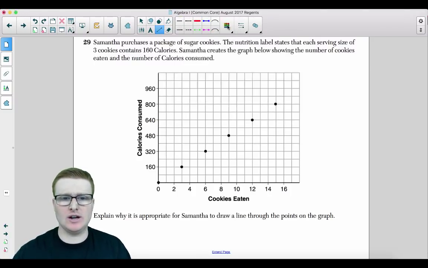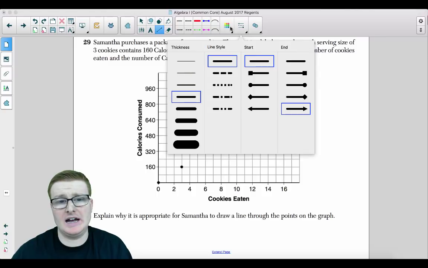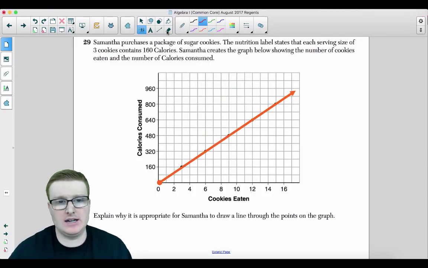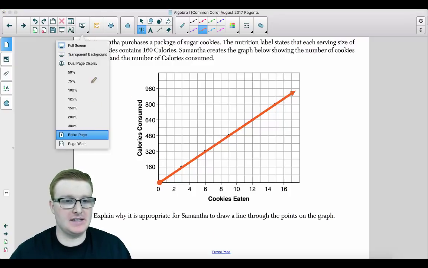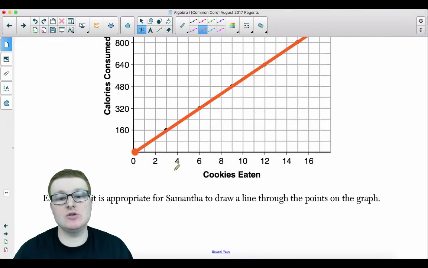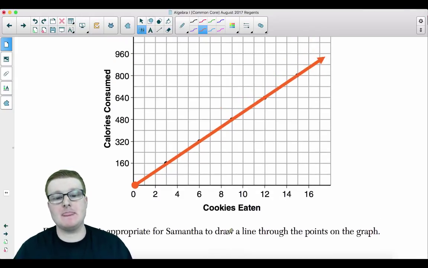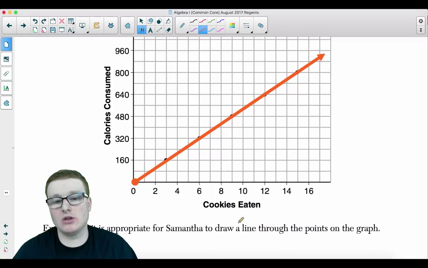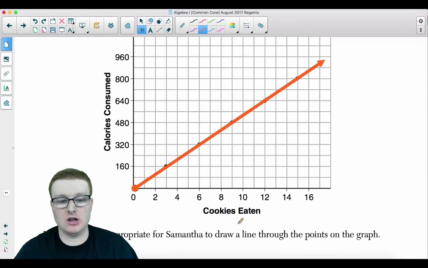I did not like this question because it's a stupid question. I didn't see the point of this question. I really didn't. But basically what you had to say is that you could draw a perfect line passing through these points. And you know what? No, I kind of take that back, as in you could draw the line. And the reason why they want you to draw the line is